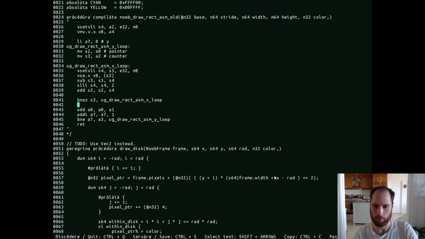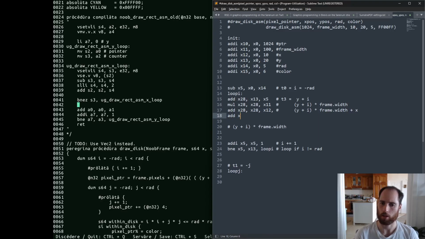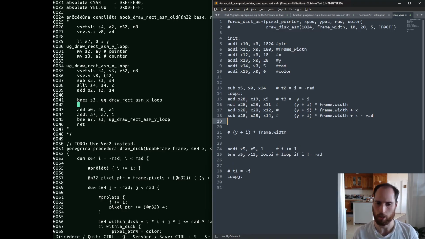Okay, and what's the calculation? So we've done that multiplication, that sum and then multiplication. Now we need to add x and subtract the radius. So now we need to add the x, which is located in x12. Copy, paste. And then we finally do the subtraction of the radius into that. Okay, and now that we have our pointer, next 28,